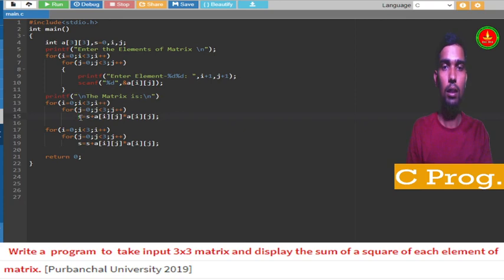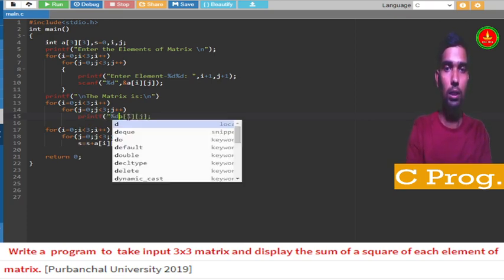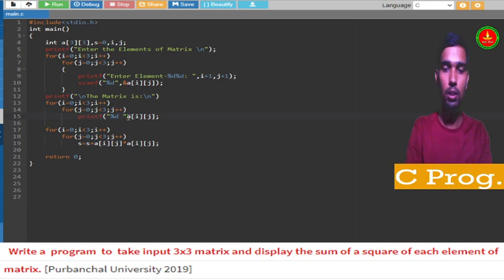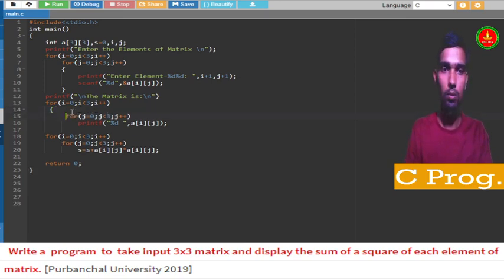So here I will write printf of %d and a space, so the element will be printed with one space, otherwise it will be difficult to identify.